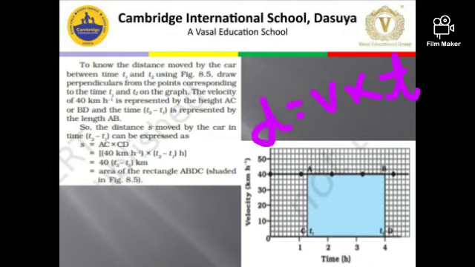Okay. Remember one thing over here, that to find out distance or displacement in graph, you have to find out the area covered under that line. Whatever you have to find out, just find out the area covered under that, you can get the result. Okay, repeating again, in the graph, if you have to find out the distance or the displacement, just find out the area along x-axis under that graph. You will find out the distance.